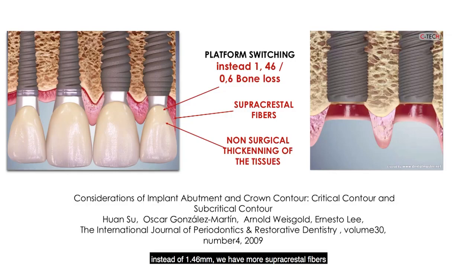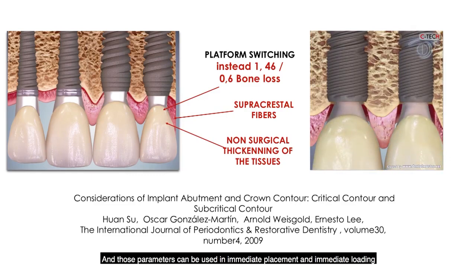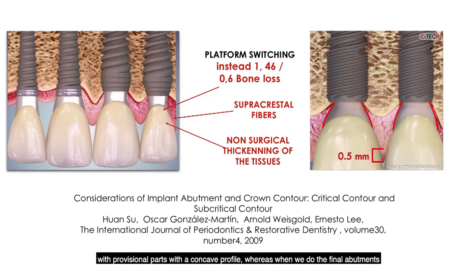We have more supracrestal fibers, and we have also a non-surgical thickening of the tissues by the concave emergence profile. And those parameters can be used in immediate placement and immediate loading with the provisional parts